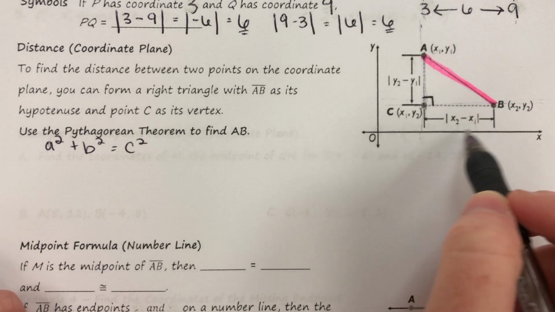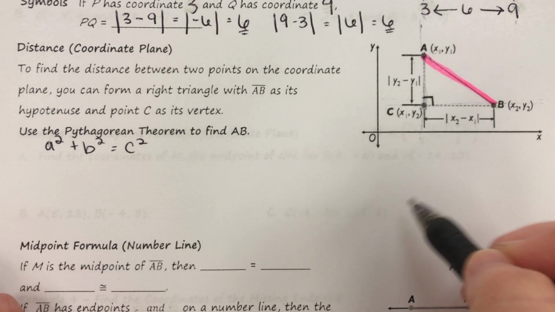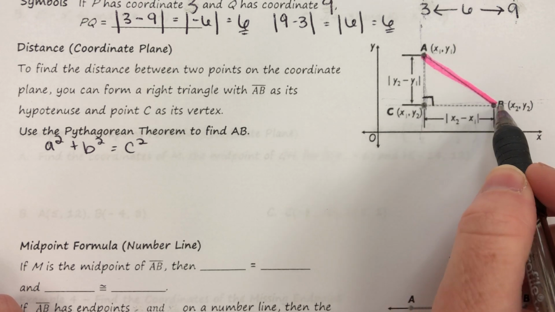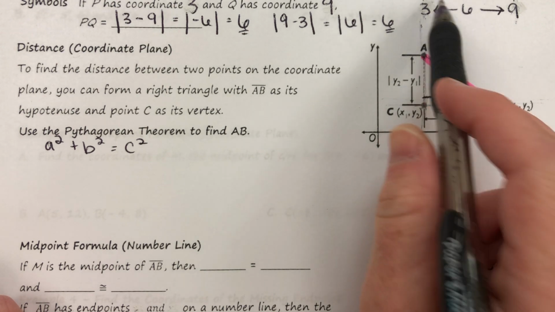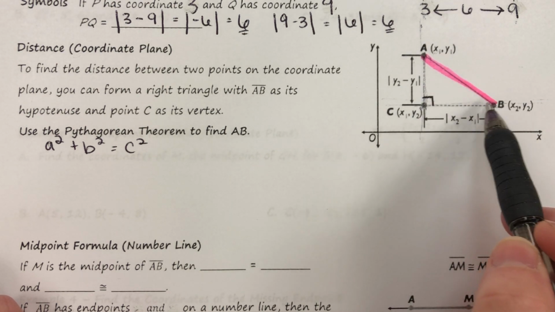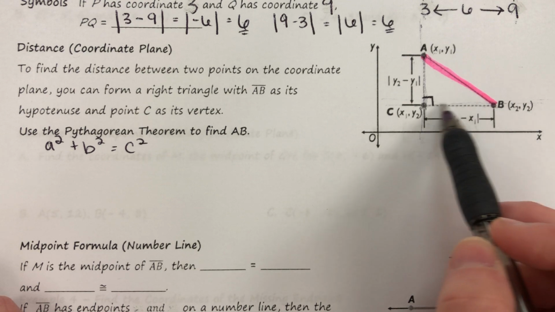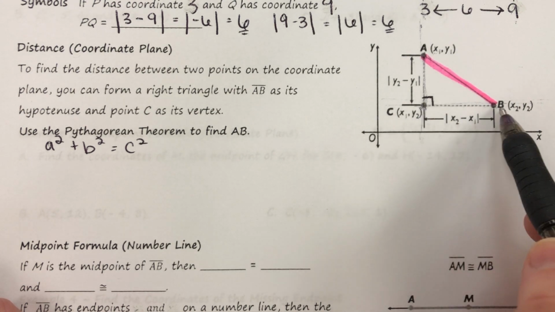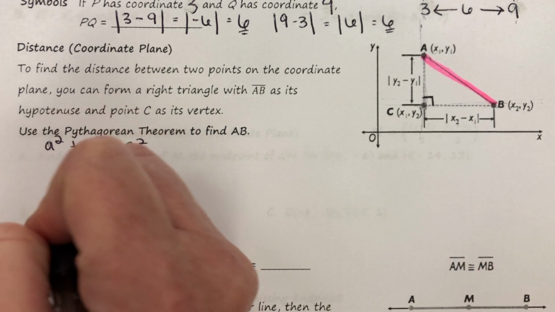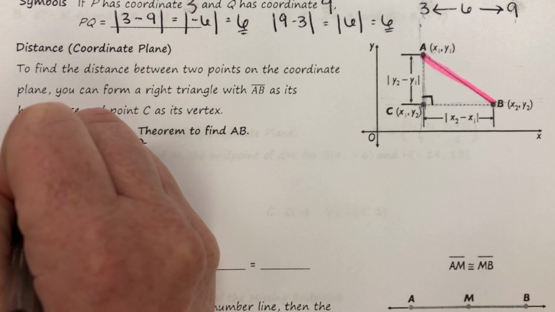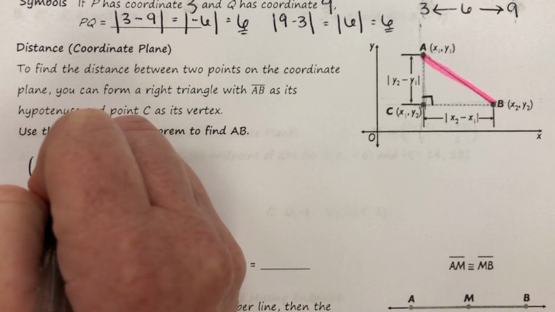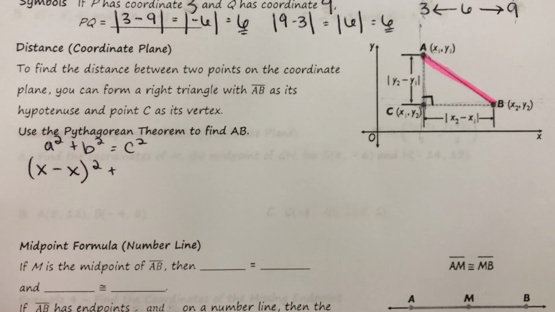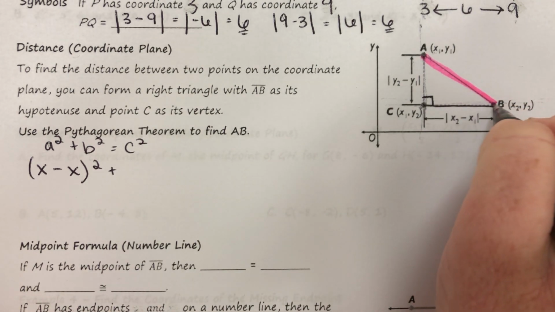We're going to say our x value here is... Well, we don't know what the length of this side is, right? So how do I figure out the length of this side? Well, we just talked about it. I just subtract. Length is distance, and to find the distance between two endpoints, I just subtract them, right? So I subtract one x value minus the other x value. So a squared here is actually one of my x values minus the other x value, squared. And that's this side here,